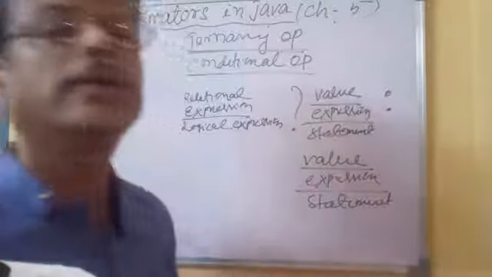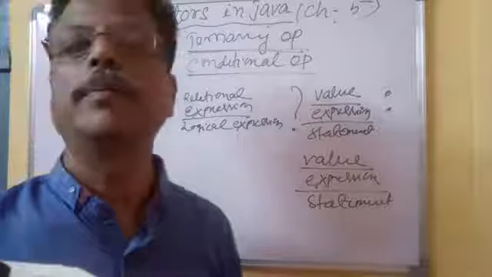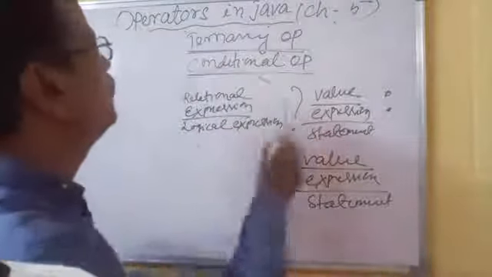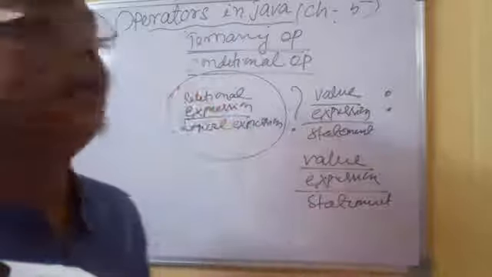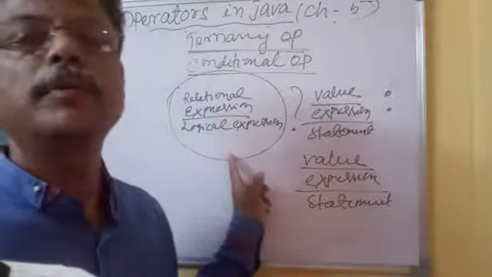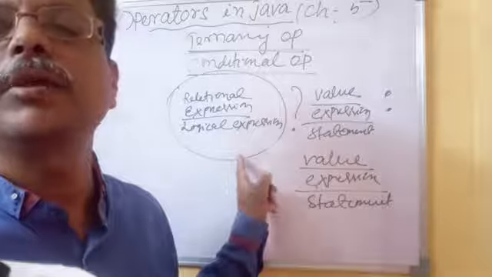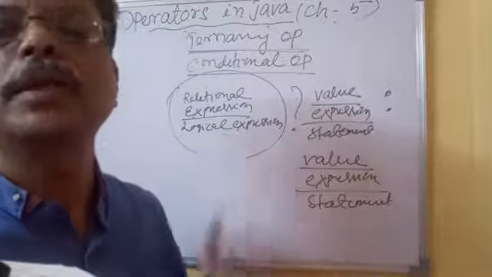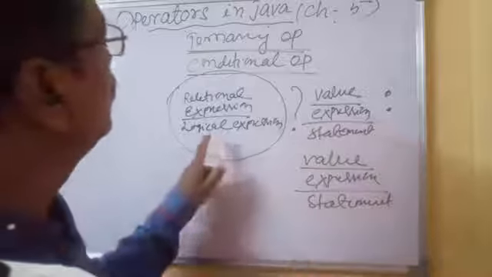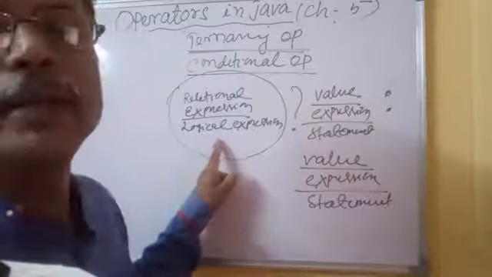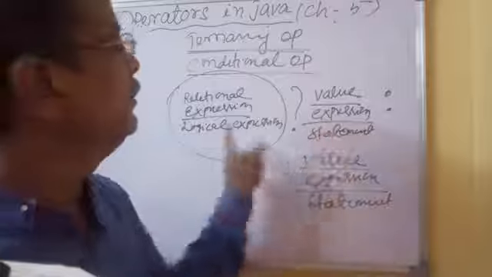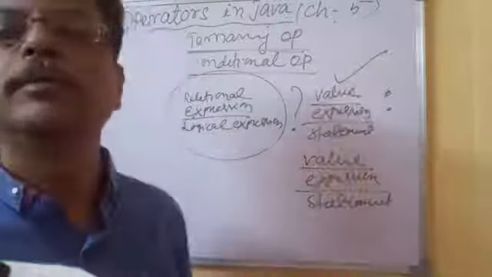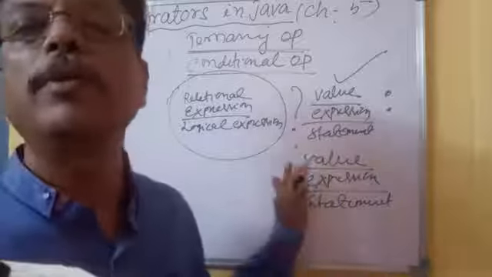So in this manner we are applying this ternary operator. If you write it like this, then first of all the computer will execute this one. It depends upon the condition; it will find out whether the answer is true or false. Whatever answer comes, either true or false, nothing else. So the relational expression you have to write here, and thereafter if this answer is true, then this part will execute. This part will be skipped, it will not execute.